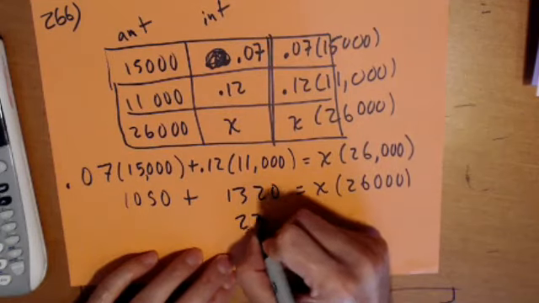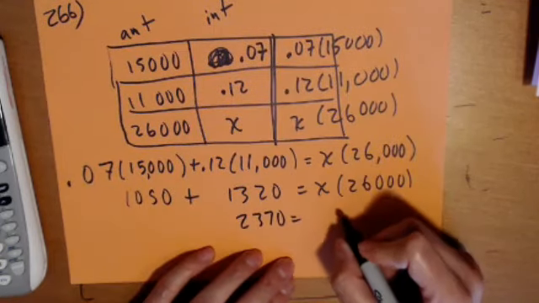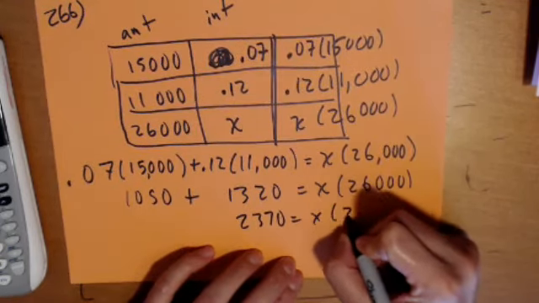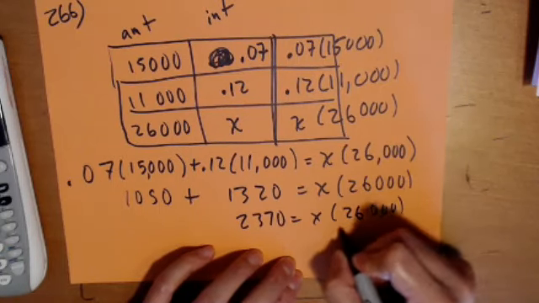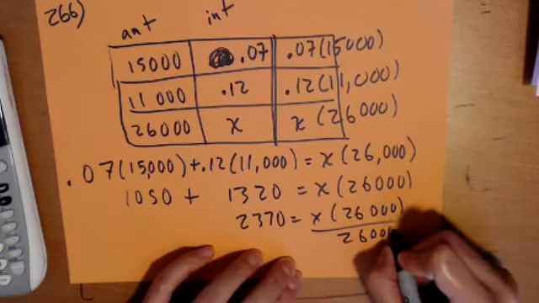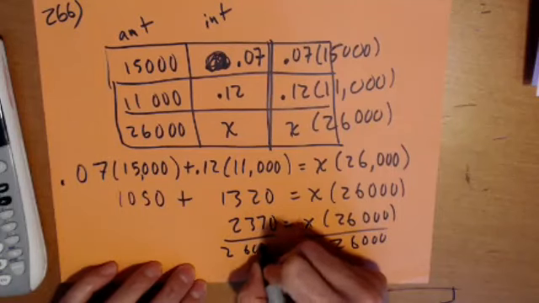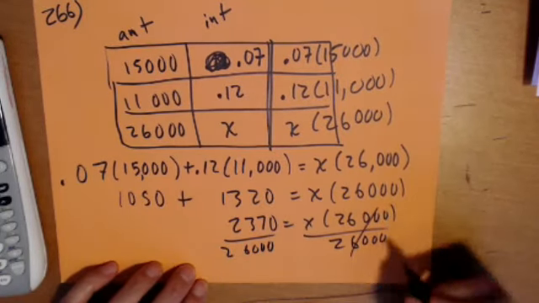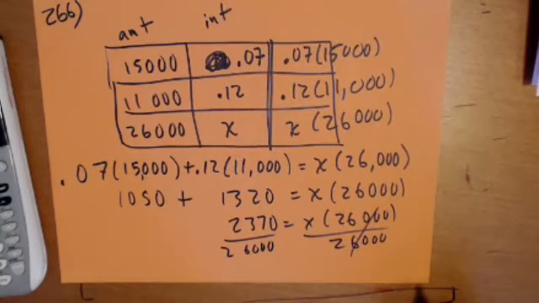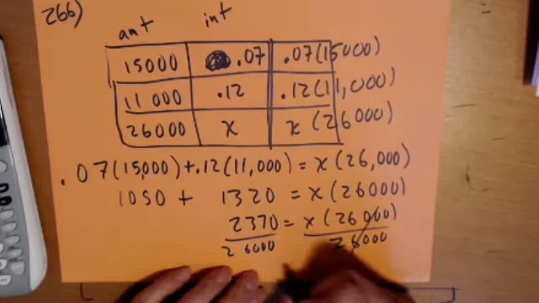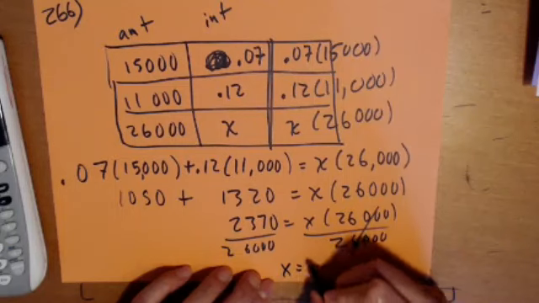So that's 2370 equals x times 26,000. Divide both sides by that 26,000, and we get x is equal to